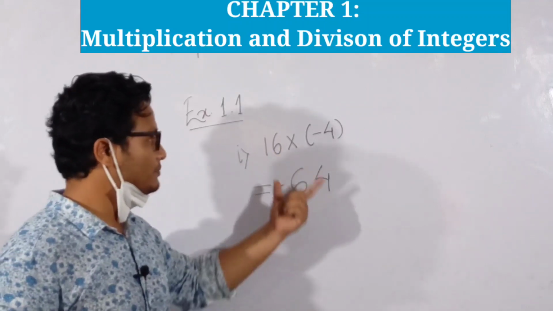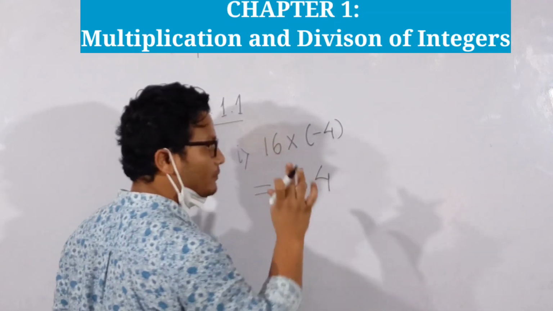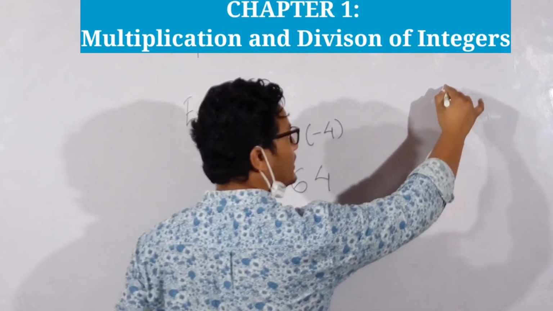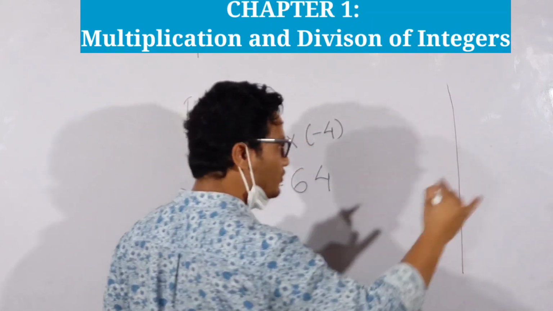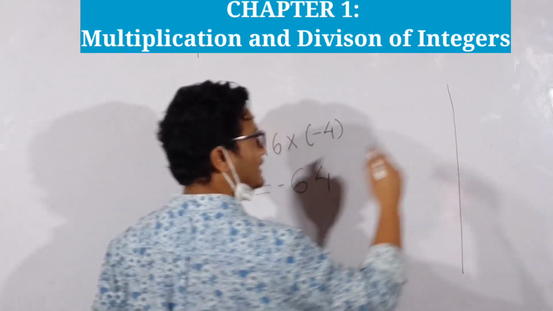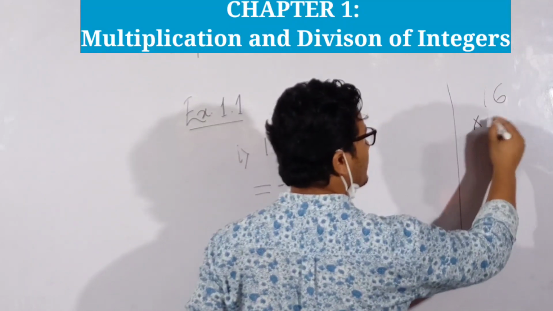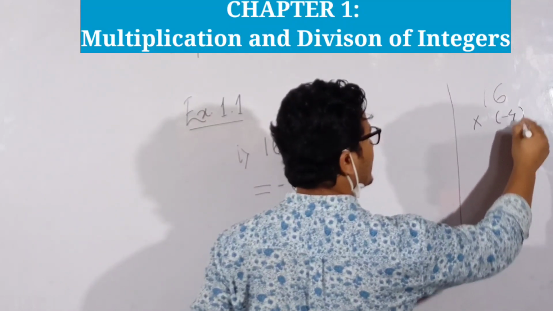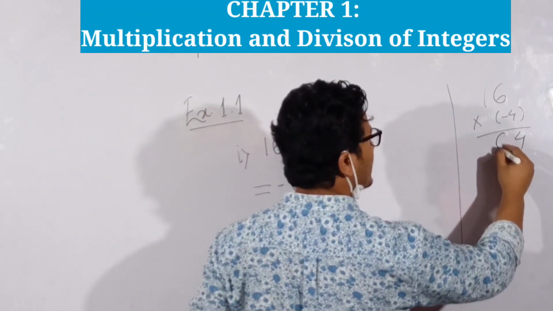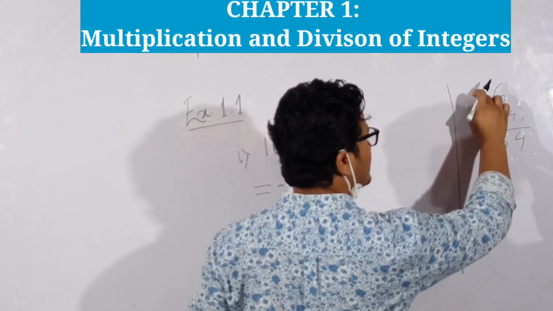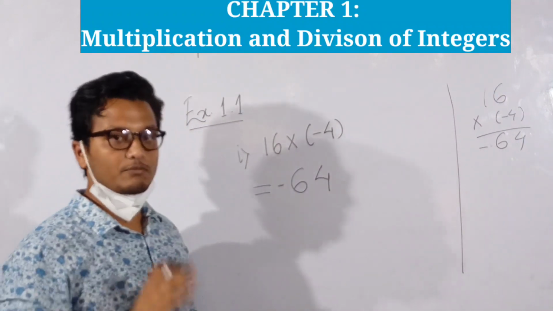So here the multiplication I have done in my mind. What you can do is, while solving maths, on the right hand side of your copy you can draw a line, and whatever rough work you have to do you can do on the right hand side. For example, here I do 16 into -4. 6 4s are 24, carry 2, 4 1s are 4, plus 2 is 6, and negative into positive is negative. So like this you should solve the problems.